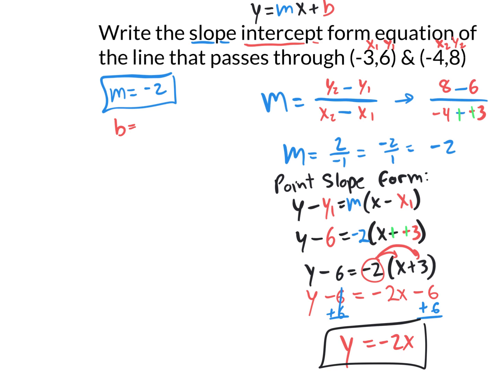So if you wanted to go just with slope-intercept, you would rewrite your slope-intercept form equation, y equals mx plus b. And you have to recognize that if you want to find something, in this case the b value, you take the information that they give you, in this case a point, and the slope that you just found. You could plug in the m value of -2 into the m. Now if you don't like this alternative method, go ahead and stick with the original method, which I believe is best. But anyways, I want to take this m value of -2 and I want to put it right there